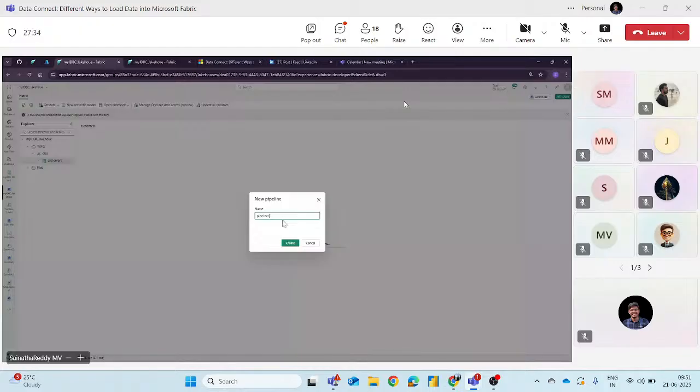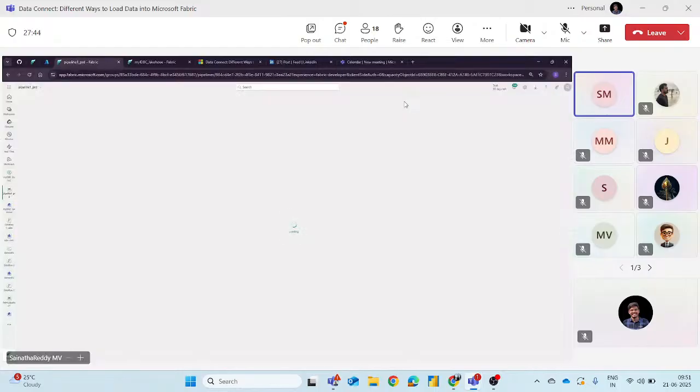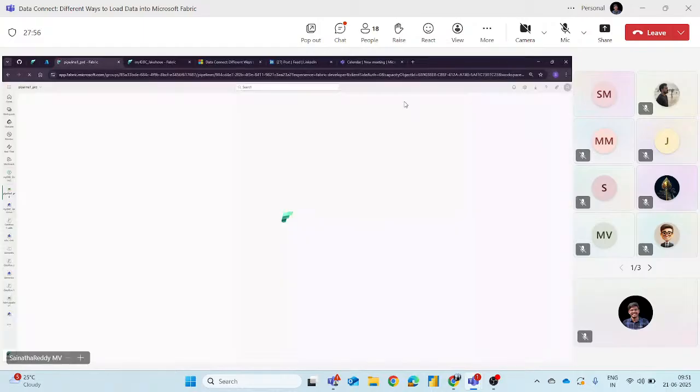I'm creating a new pipeline to bring our on-premises data into the lakehouse. All the data is stored in our on-premises storage. It's loading. Now we just loaded, right? Get data.